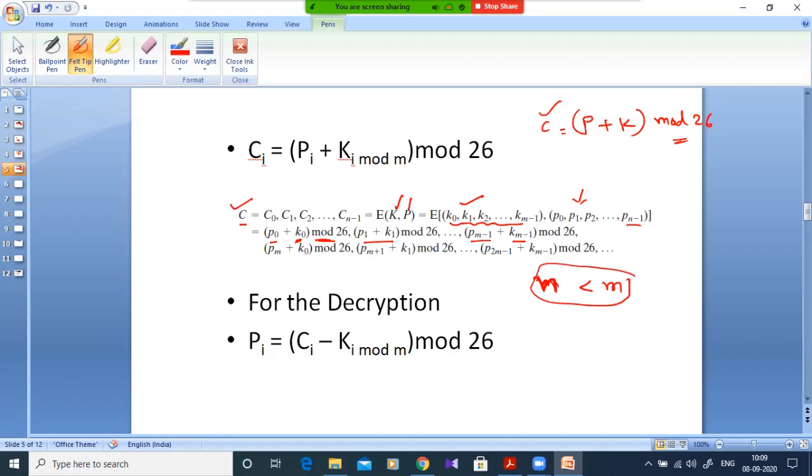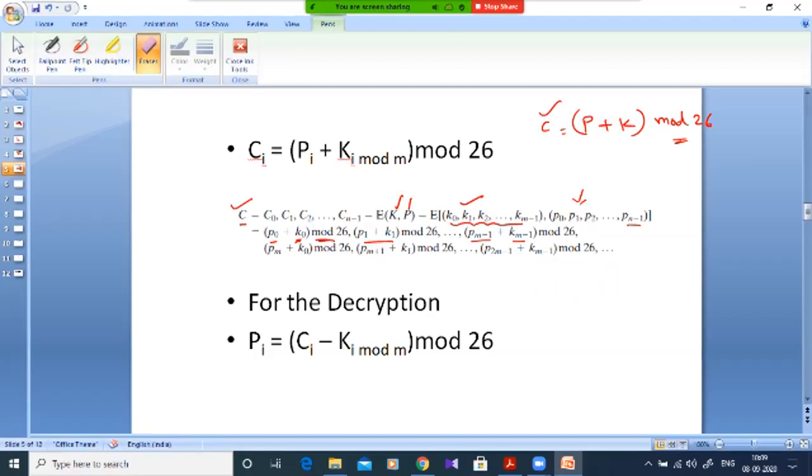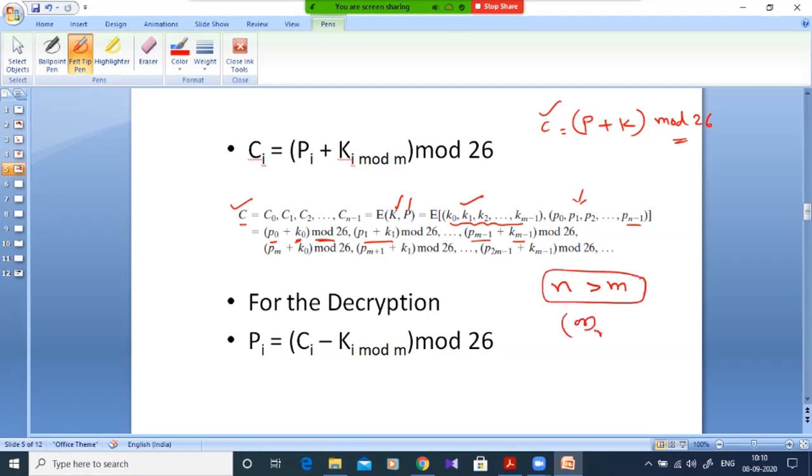So how to get the repetition? When we perform the modulo operation. If this point is clear, why are we performing the modulo operation for the k value? Because the key letters will be fewer compared to the plain text message. So that's why we have to perform the modulo operation for the key, and to get the exact alphabet, we have to perform the modulo operation. Is this clear? The encryption.